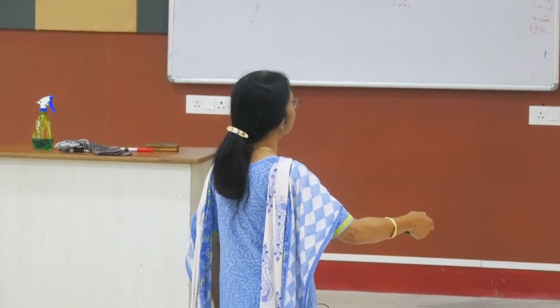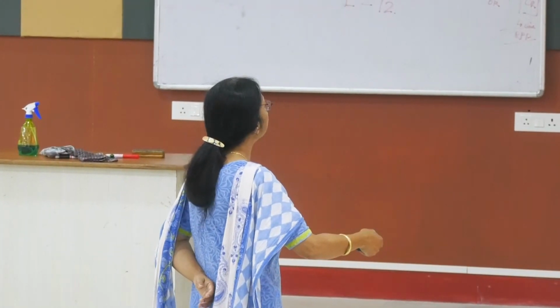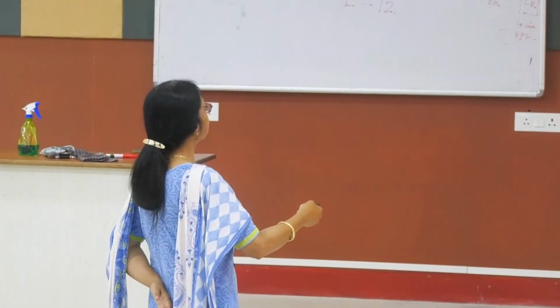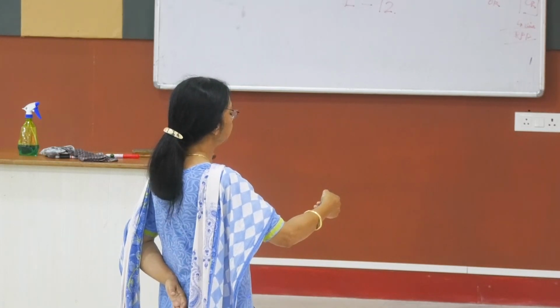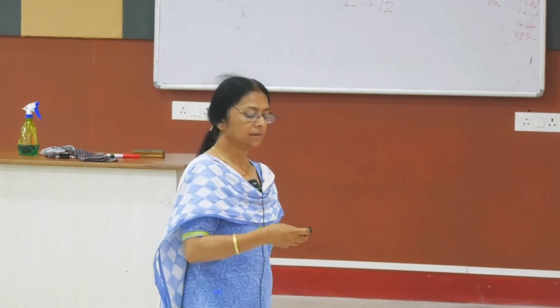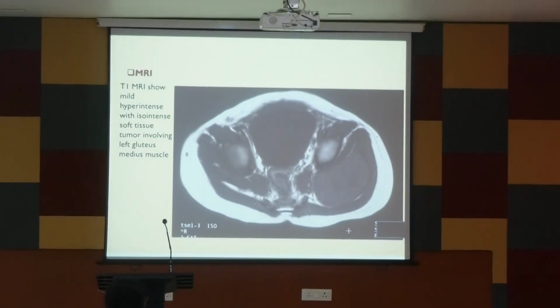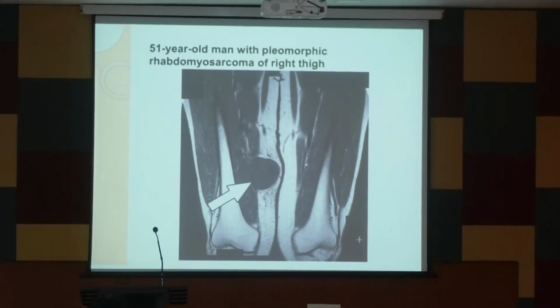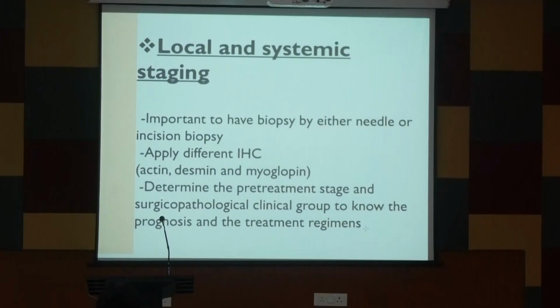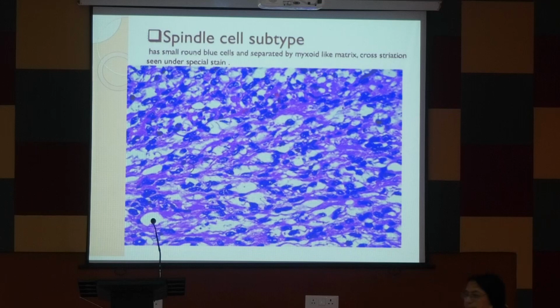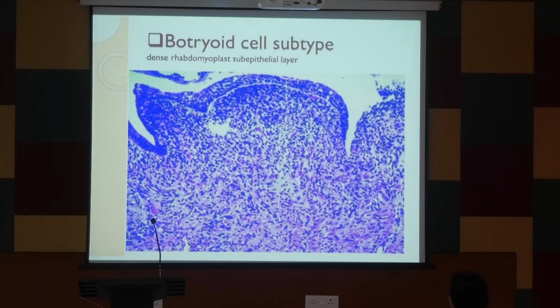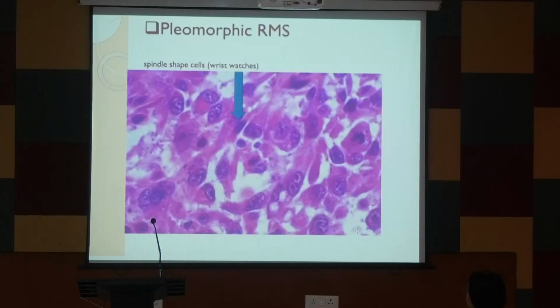CSF স্যাম্পলিং, হেড অ্যান্ড নেকে থাকলে এক্সরে, সিটি স্ক্যান। বোন ইনভলভমেন্ট ইজ রেয়ার, ঠিক আছে। Limbs এ soft tissue, left gluteus medius muscle, retroperitoneal muscle, rhabdomyosarcoma এখানে এসেছে, and this is the picture that you will see. Right thigh এ। তোমরা তো ম্যালিগন্যান্ট হিস্টোলজিতে দেখেছো, হাই ক্রোমাটিনাইজড, যেগুলো ক্রোমাটিন বেশি করে নেয়, তখন বলো ম্যালিগন্যান্সি। এই যে দেখো অনেক বেশি করে ক্রোমাটিন নিয়ে নিয়েছে। মাইটোটিক ফিগার্স আছে, পিকচার অফ আরএমএস।